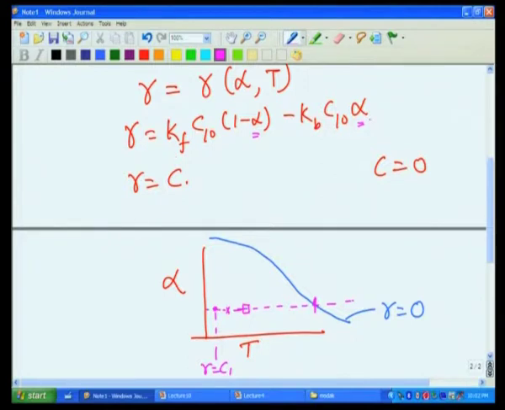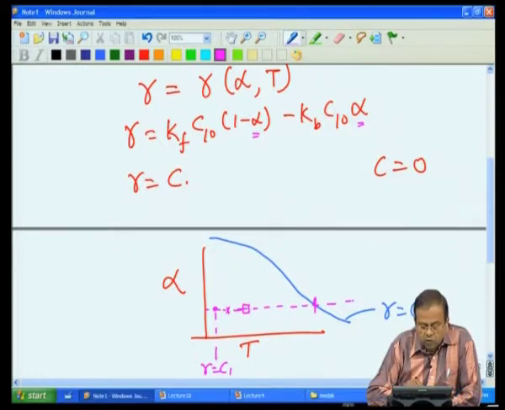The contribution due to the reverse reaction is still very small, and therefore the net result is an increasing value of the rate, and so if I keep further increasing. But I also know that at this intersection point the rate is 0. So, this rate from a lower value will start increasing, and then at some point it will reach a maximum value,